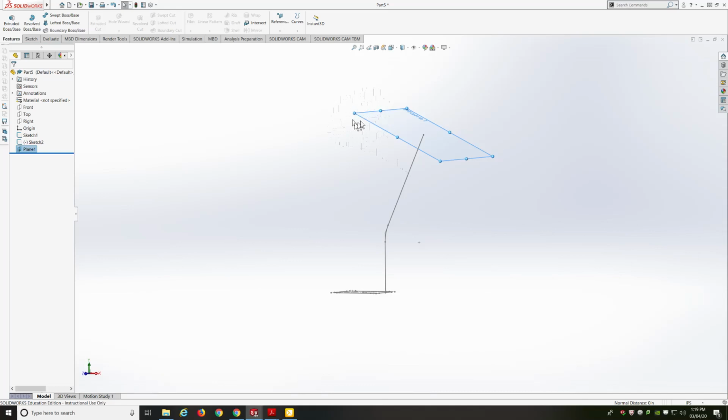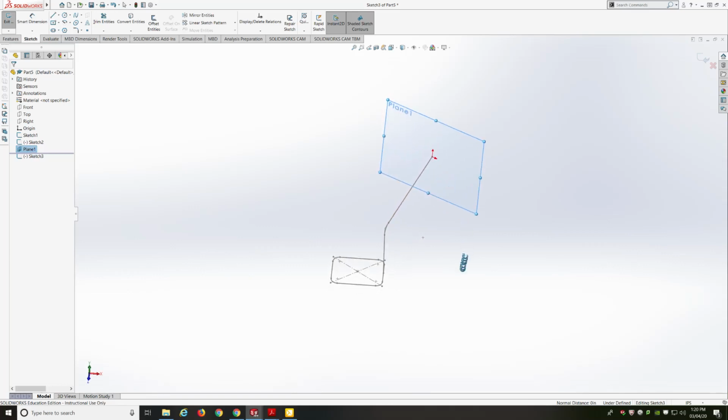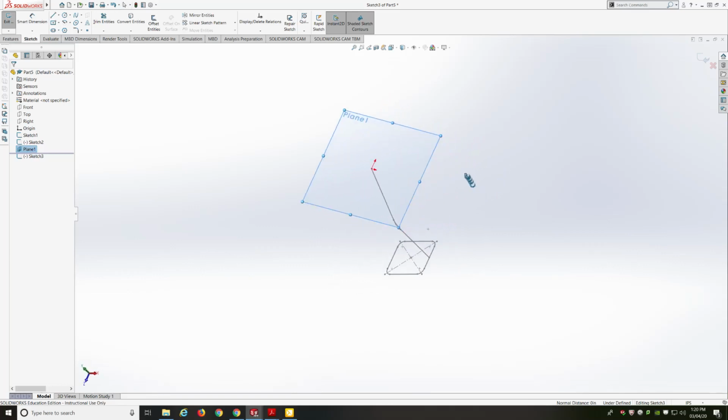Easiest way to do it is it's already selected. I can just go to the Sketch tab and select Sketch. Okay. I see my origin. That means I'm in sketch mode. Okay. Next thing is I need to push down the mouse wheel and orbit around so that I can see